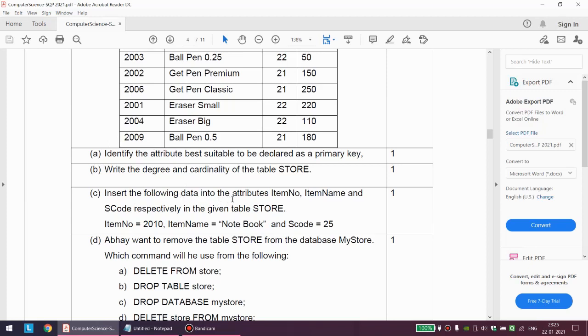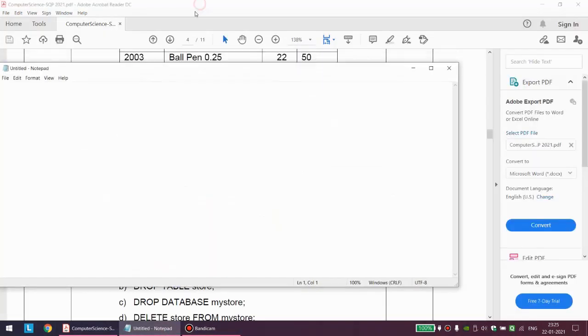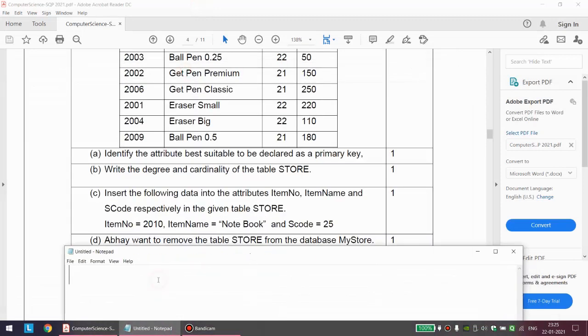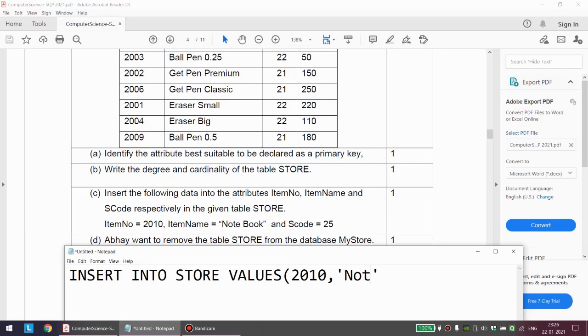Insert the following data into the attributes item number, item name, S code respectively in the given table store. So let me write the query for the same. Insert into table name. What is the table name? Store. Correct. Values. Let me write it in a single line. What are the values that we want? Item number 2010 integer. Item name, let us say notebook, and S code is